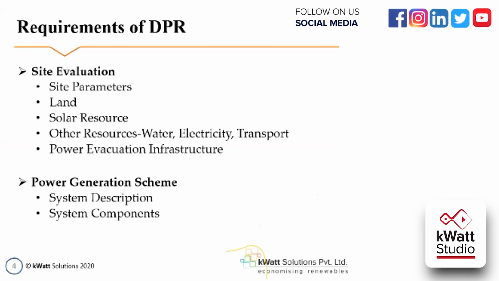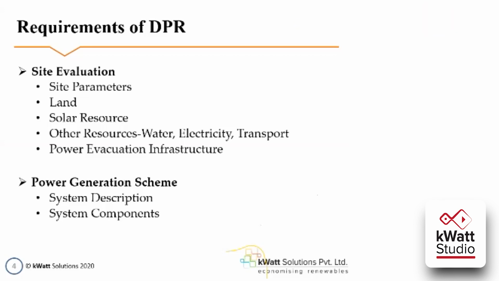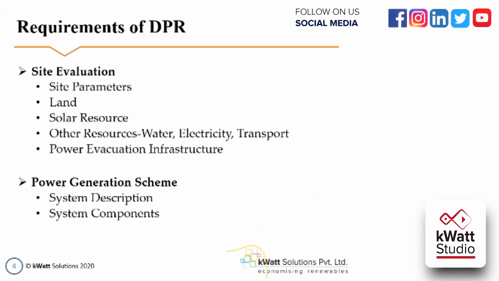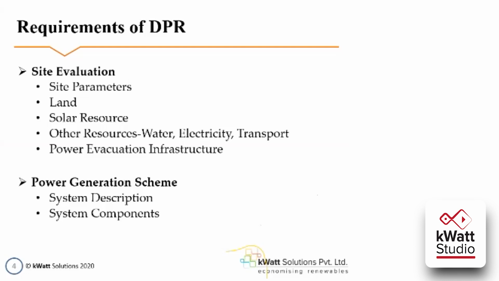So basically we have two major sources for the solar irradiation data. First one is NASA and the second is the Meteonorm website. From NASA you can get free of cost data, but the accuracy of data is not so good, and the data available on the NASA website is older data. It will be available till 2012 or 2013 only. But on the Meteonorm website, you can get accurate and latest updated data related to solar irradiation, like the ambient temperature of that area, the minimum and maximum irradiation of that area.